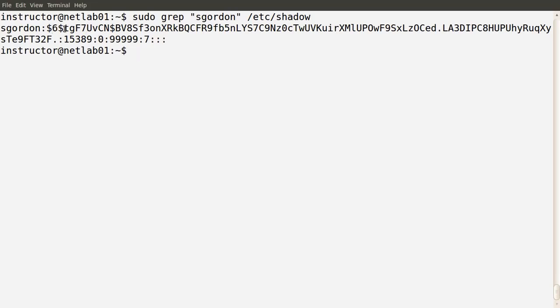The next value here related to the password is what's called a salt. This random set of characters here is a value that's added to the password, a random value added to the password for some extra security precautions. One is that if two users with the same password